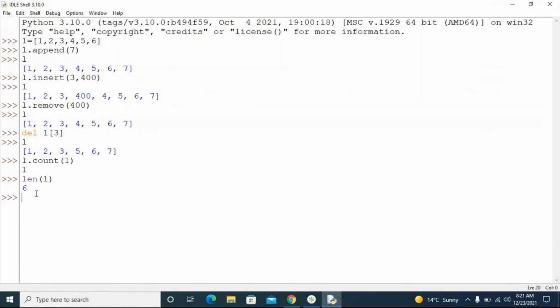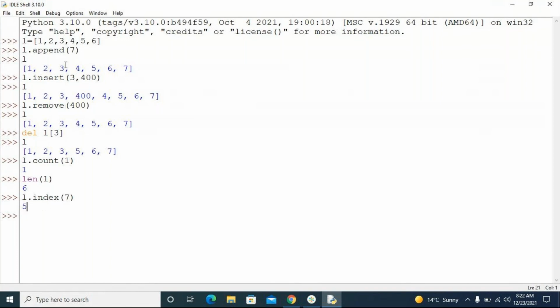Okay, then what we have, so if I want to find any index, if I want to find the index of 7, I need to say L dot index of 7. What is the index of 7? 7 is at the fifth index. So 0, 1, 2, 3, 4, 5. So 7 is at index 5. So you need to ask which index that element is. It gives you the value.